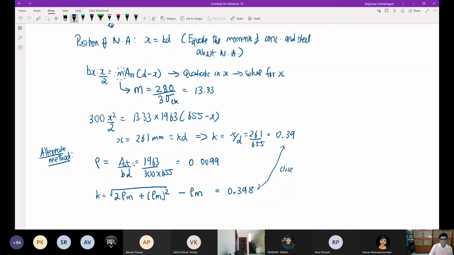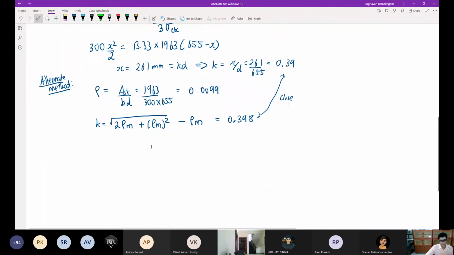So you can say that if you are comfortable using this to find it, you can find it, or if you are more comfortable remembering this concept and then solving, you are allowed to do that as well. Whichever you want, you can do. Anyway, this is not the end of the problem. We still have quite a way to go.